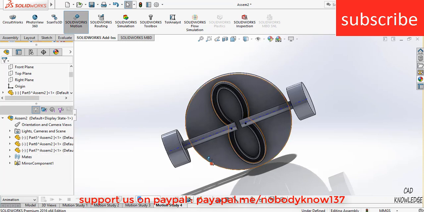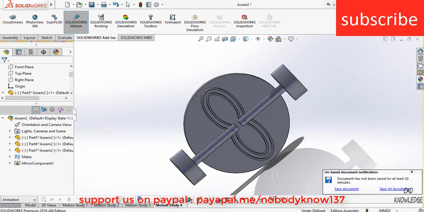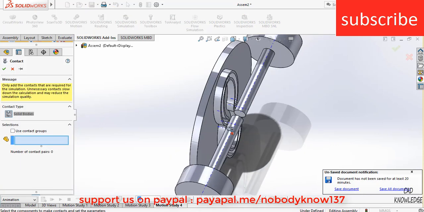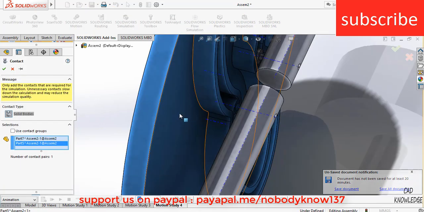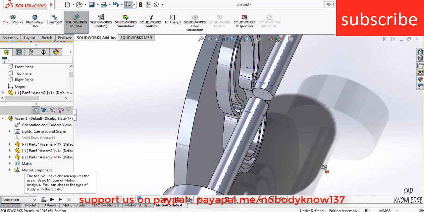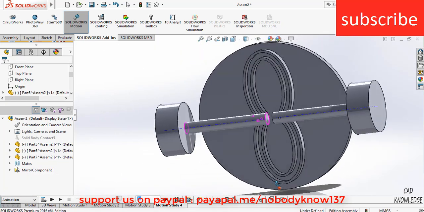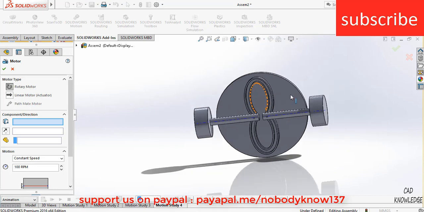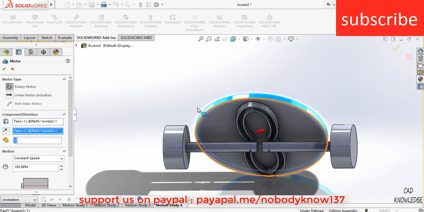After that, now let's go to the main thing. Click on cam, select this part and this part, click OK. Basically it defines the contacts. Okay, after that, click on motor, select this face and decrease the RPM to 10.